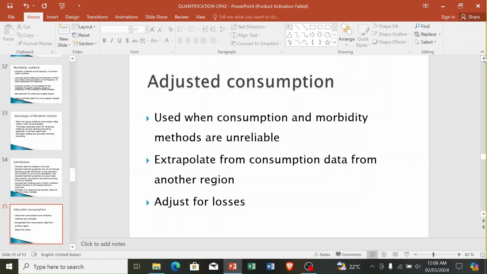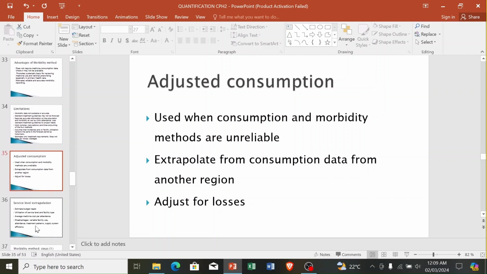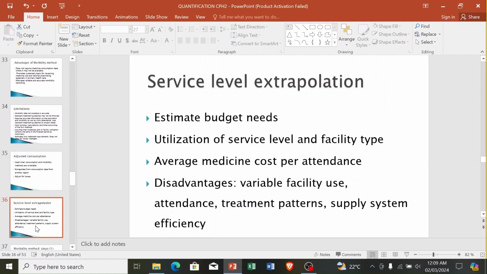So that is adjusted consumption as another method of quantification. And then it adjusts for losses. In case of days out of stock, it is able to adjust for the loss. So let us look at the fourth method, which is service